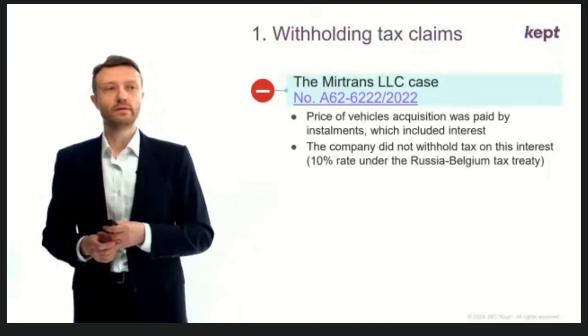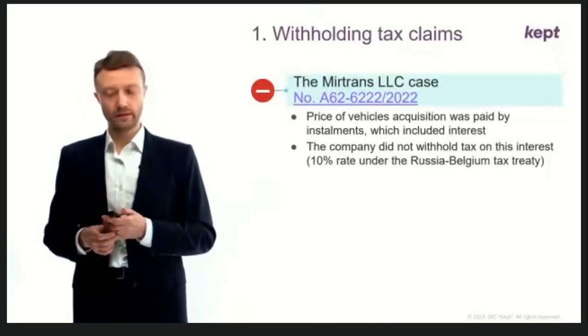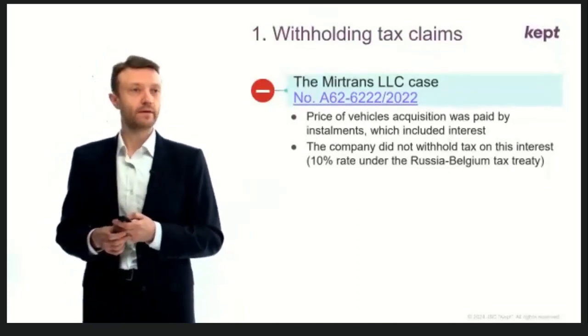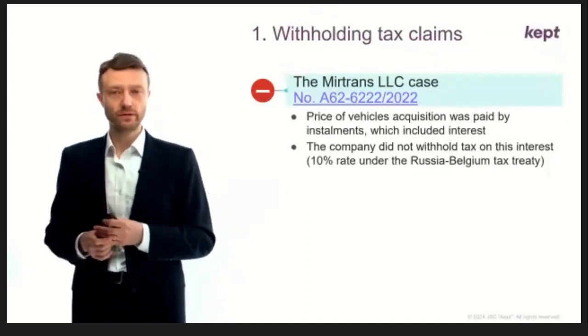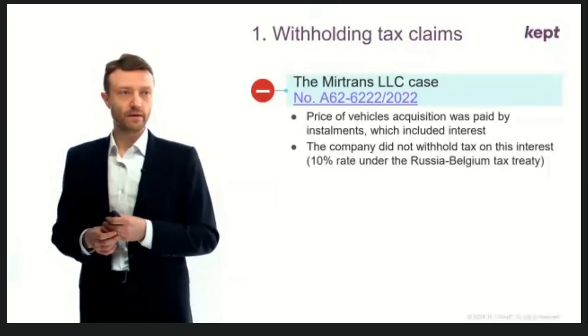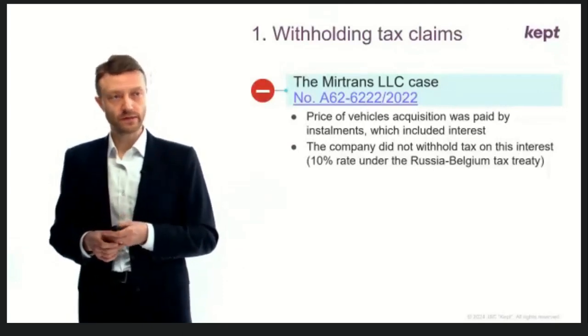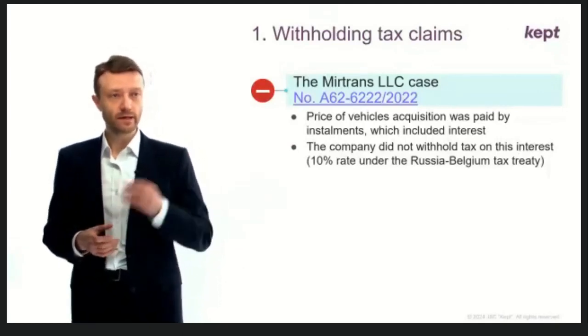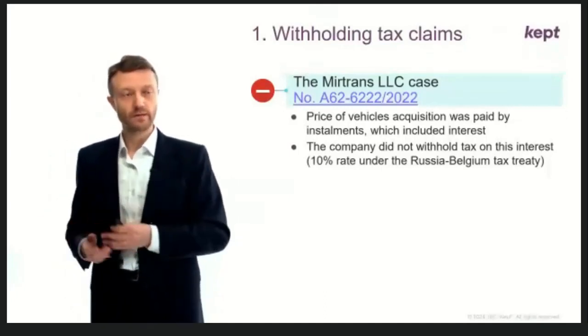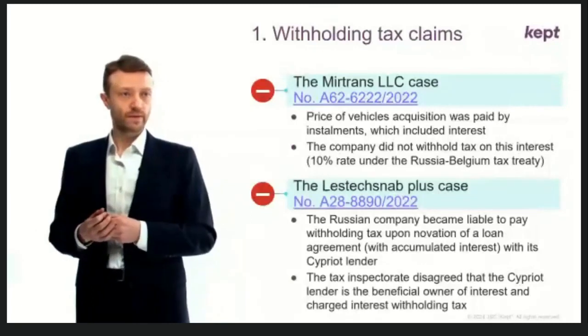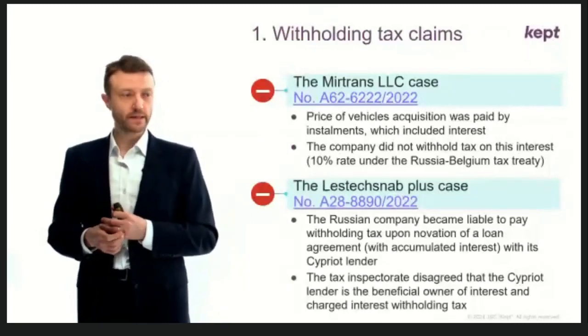Again, I think this conclusion is fair. Indeed, if there are interest payments, if some parts of the consideration are in fact interest, then it should be subject to withholding tax unless tax treaty benefits apply, which was the case here, but it was not an exemption. This is why 10% instead of 20%, which is the domestic rate, was claimed. Another case where